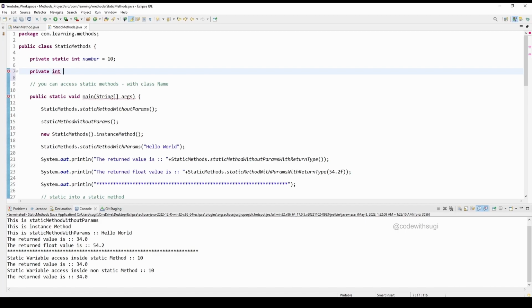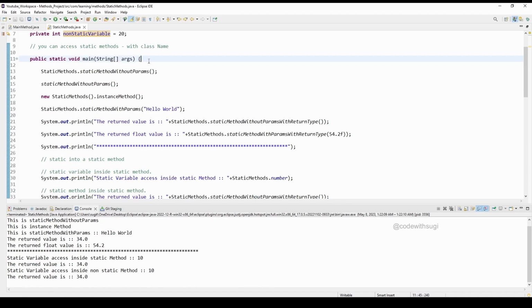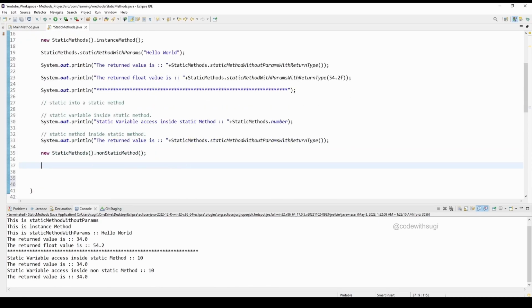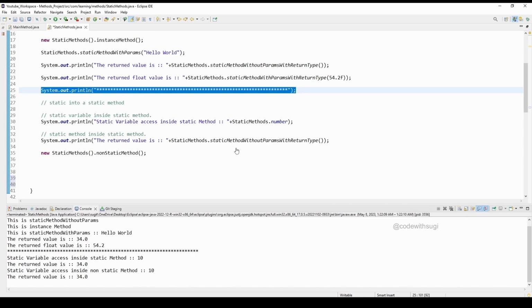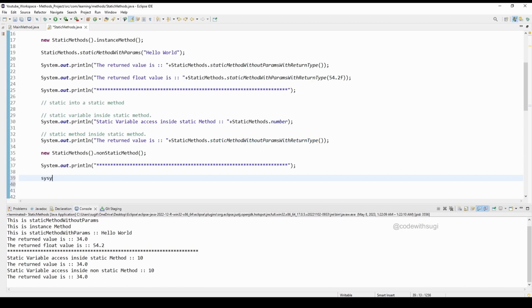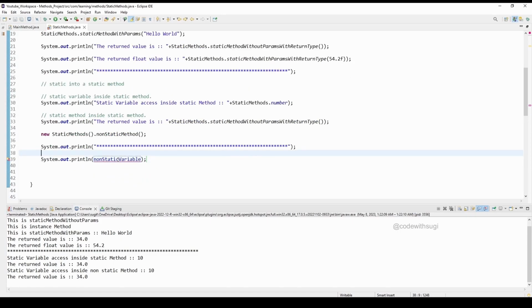So for example, integer non-static variable equal to 20. So now we have one non-static variable. Now let's go to the main method and see whether we are able to access it or not. So again, I will put one separator here. Fine. I'm going to print this out. Then if I say non-static variable, we are getting an error, right? If you mouse over that error, we see "cannot make a static reference to the non-static field". So it's clearly telling that you cannot access the non-static variable inside of a static method